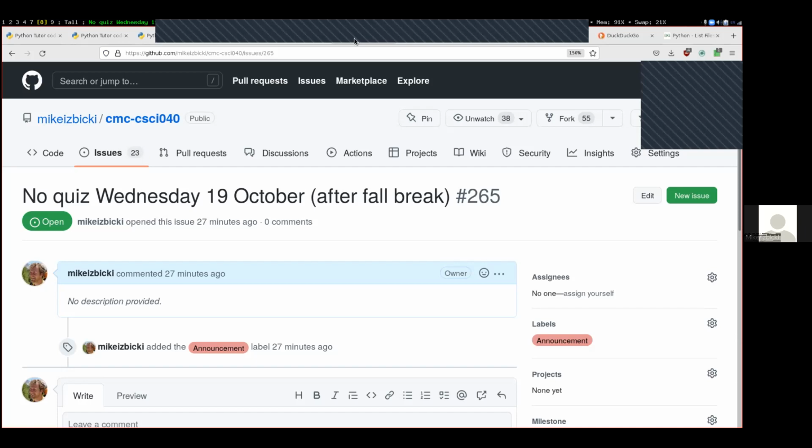Question? How many more quizzes do we have? The question is, how many quizzes are there in total? There's going to be a quiz every week, except there won't be one at Thanksgiving. And so 5-ish. Yes. What is the penalty that you talked about? Oh yeah, the question is, what is the penalty on retaking a second quiz? I haven't properly decided what that would be, but